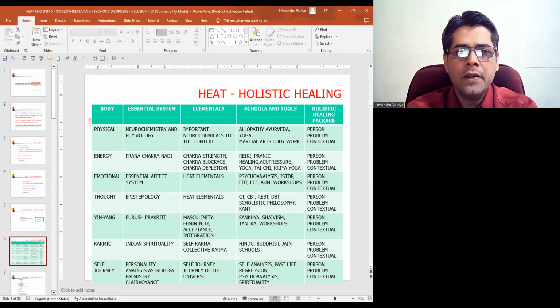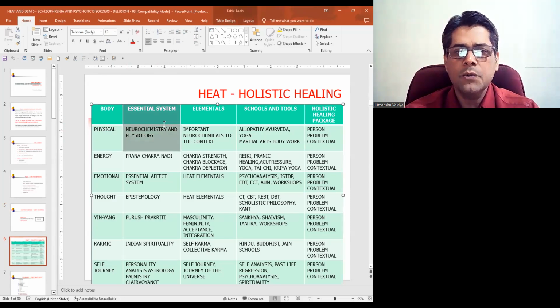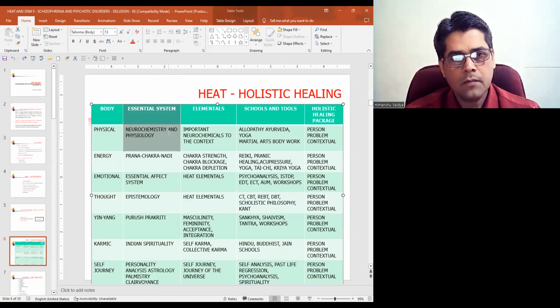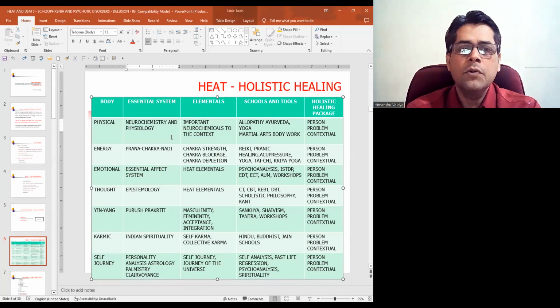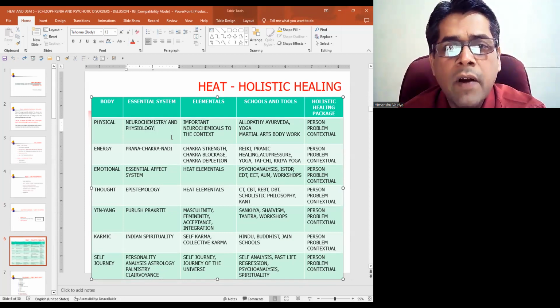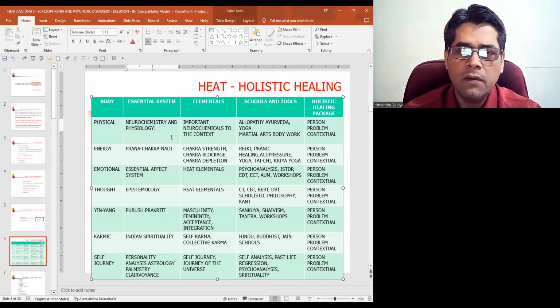There can be various opinions. Some may look at it purely as a neurochemistry issue, in which case the roots will be in the physical body. Psychiatry will have this approach. Let us say in our approach, in our situation, we don't find this to be the sole causality. We see this as one factor, but we see that the core is in the karmic body.